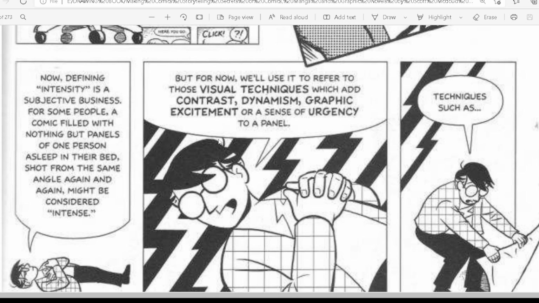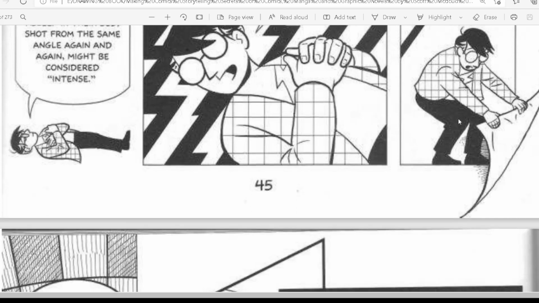Now, defining intensity is a subjective business for some people. A comic filled with nothing but panels of one person asleep in their bed, shot from the same angles again and again, might be considered intense. But for now, we will use it to refer to those visual techniques which add contrast, dynamism, graphic excitement, or a sense of urgency to a panel. Techniques such as these: